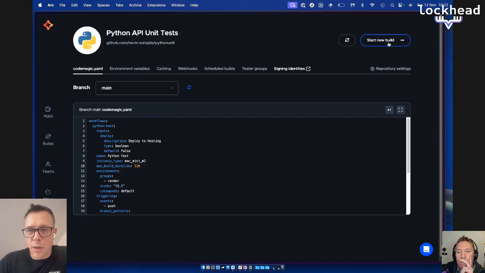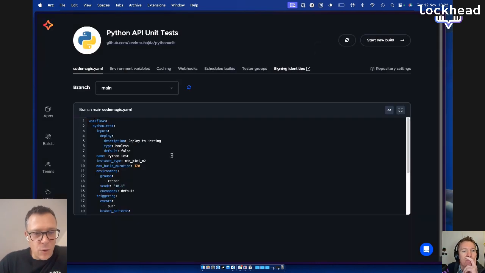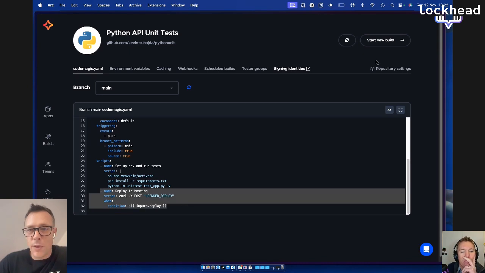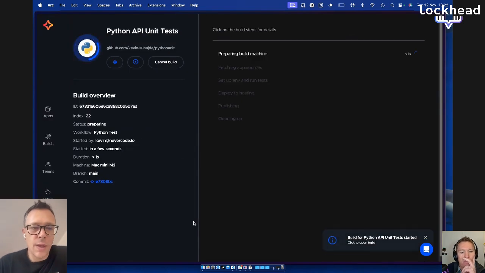So let's go back, and then back again. Right, and we're going to choose start new build. Now you can see here I've got a build input. So this is something we introduced only a couple of months ago. You can actually have things like text input. You can have these booleans, numbers to control your workflow. And we had a condition set on the YAML here, which is called a when condition. So it's saying when this input is checked, so it's true, run this script. So I'm going to go wild, and I'm going to enable this, and then we're going to go and see if that gets deployed. So it started up,